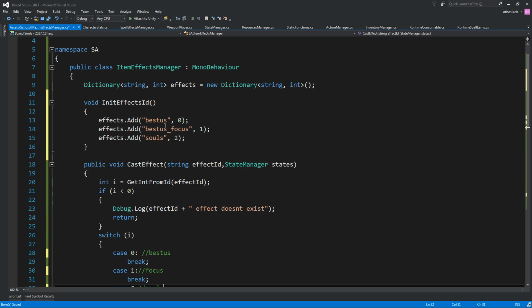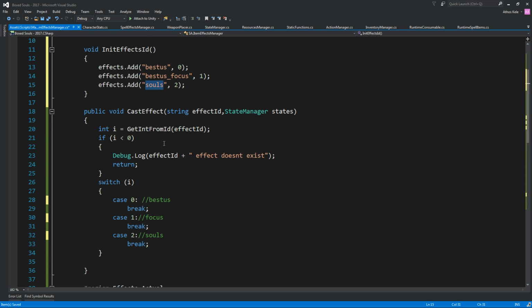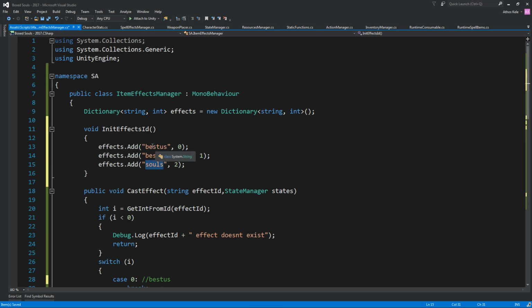The reason why I don't want to use the IDs directly, the strings, is because strings are really slow to search through a whole list or to compare. So we're basically just taking the ID. We're using a dictionary, which is what it was made for, to quickly iterate through lists without having to mess with